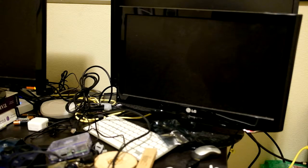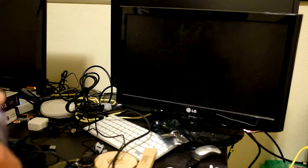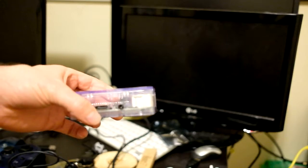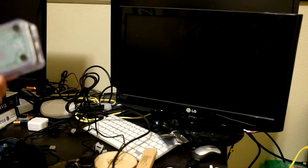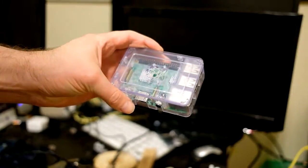Alright, hello guys. I'm just going to do this live here. Sorry I couldn't get this done earlier, but hopefully everything will work well. I should have a good autofocusing camera that should zoom in and out. Looks like that works well. Alright, so what I'm going to do is give you a quick tour of...